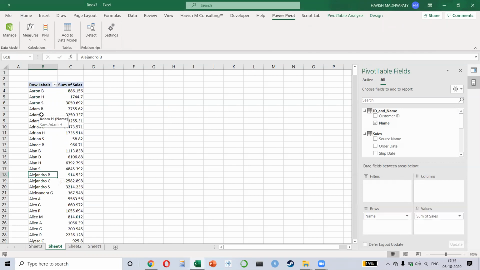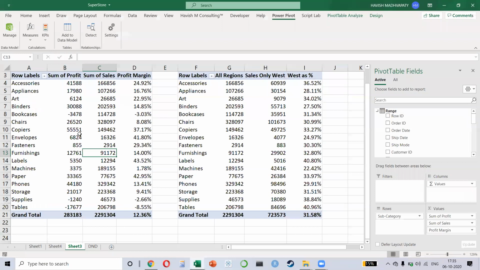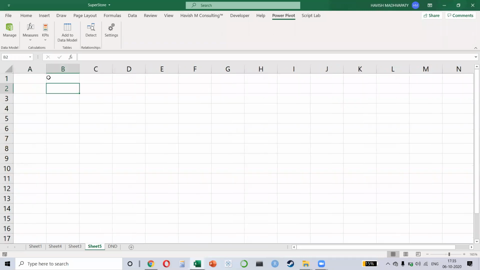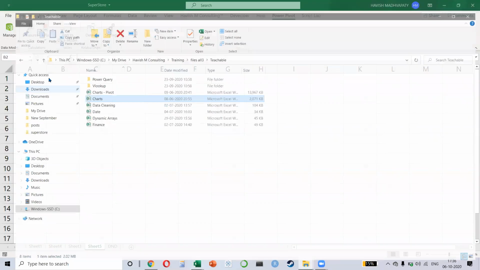Okay. Now, so we've done Power Query and Power Pivot. Let me show you something else. Okay, please watch this. Sometimes you want to get data from a PDF, right? So I already have a PDF with me. So I'll show that to you.